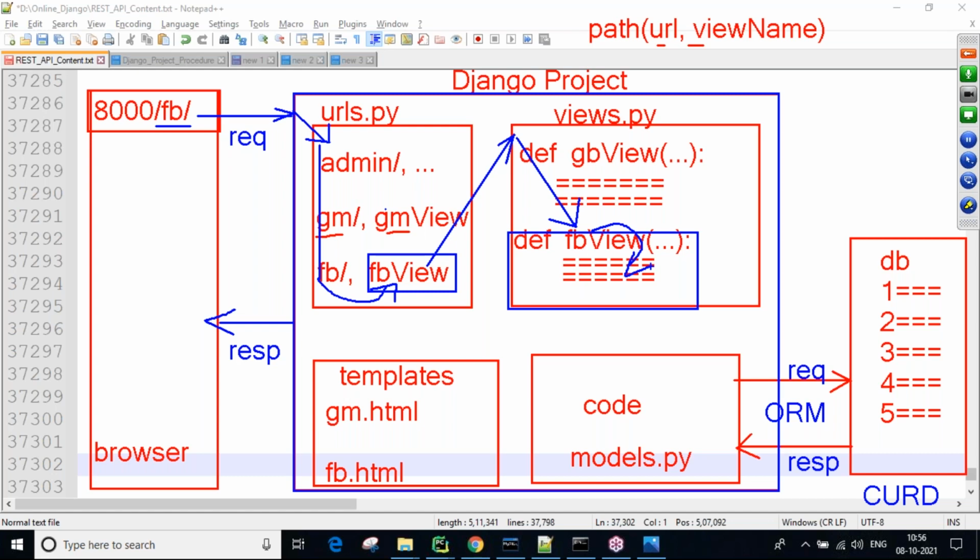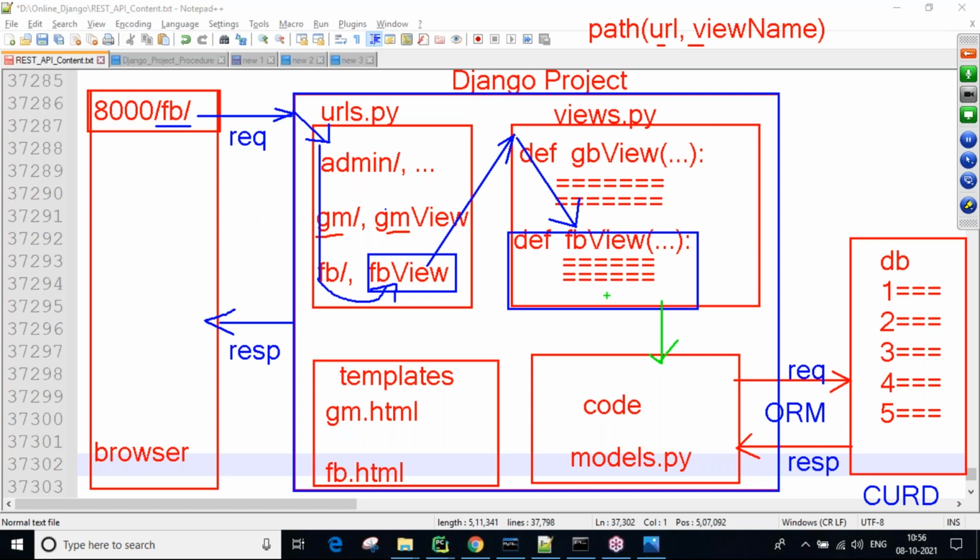This is one flow. And next, from the views, we can communicate directly with the model file.